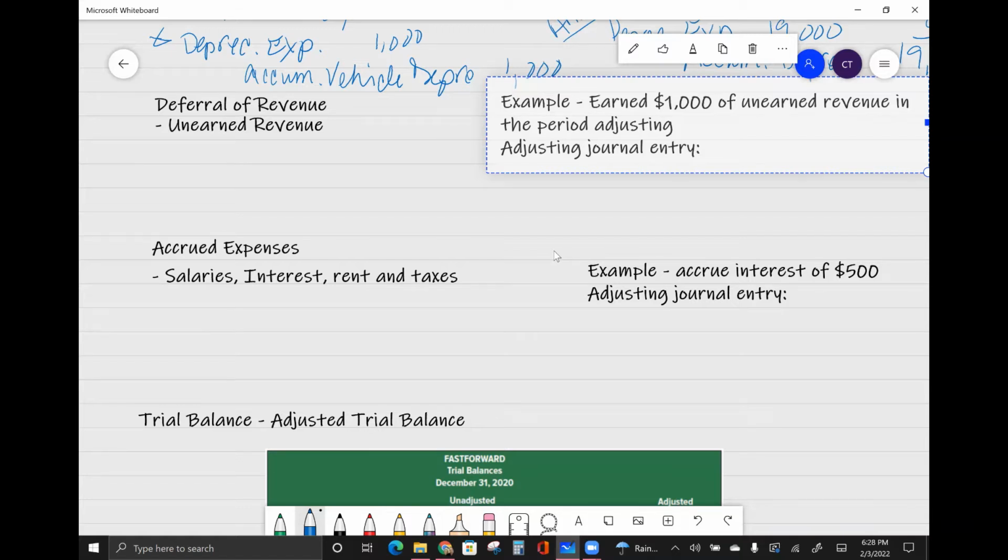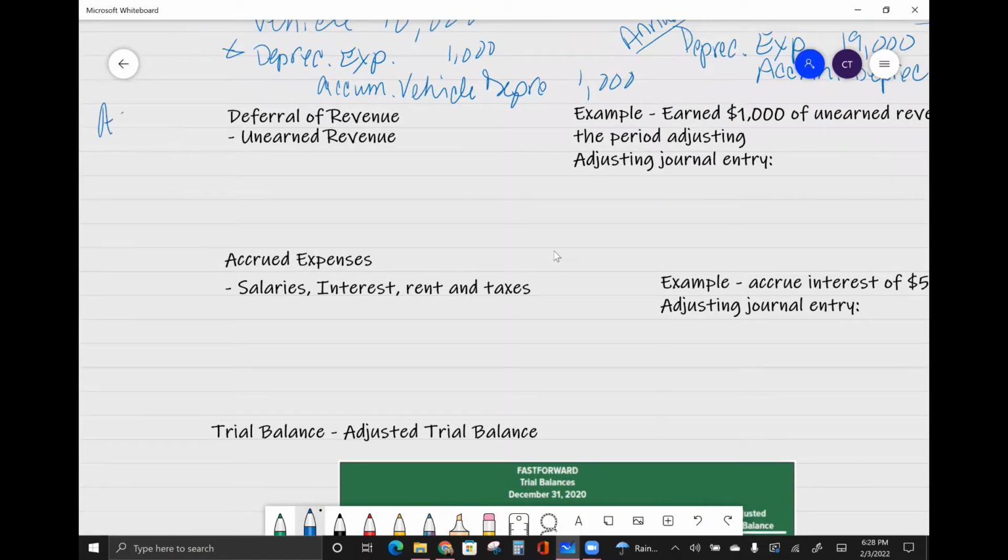So our liabilities, let me write it over here. We have assets. They have a normal debit balance. I say normal because there are occasions that you have to put a credit in for an asset, but usually when you're looking at an asset account, remember I said you can run the ledger and see all the accounts with the balances. When you're looking at asset accounts, you're usually going to see a positive number, a debit. When you get to your liability accounts, you're going to see credits. So your liability will have a normal